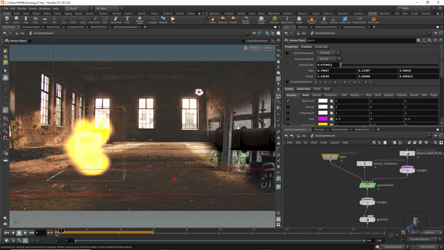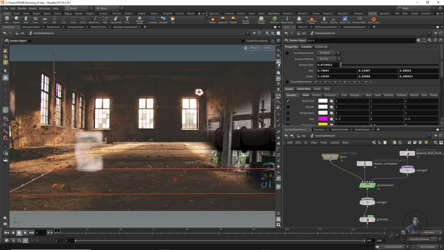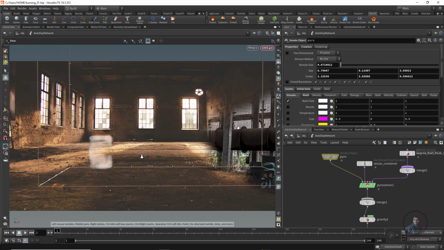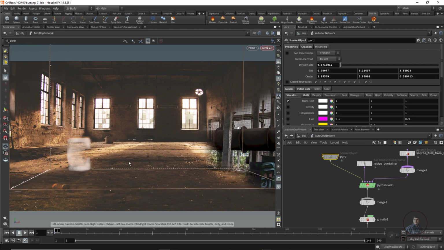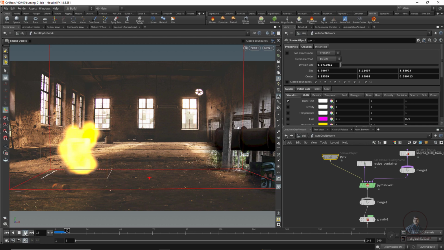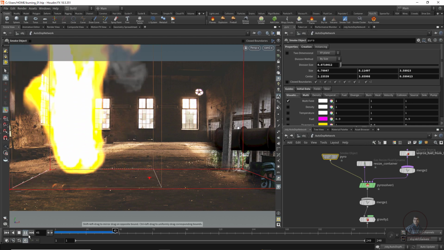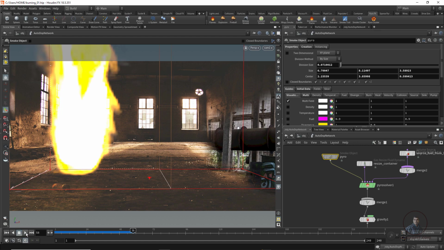Then hold alt and the middle mouse button. Anytime you want, you can adjust it. Now unlock this one, then let me play and check here.